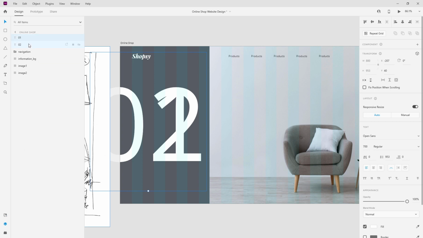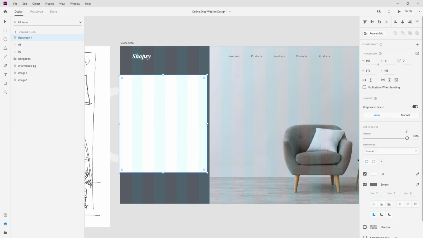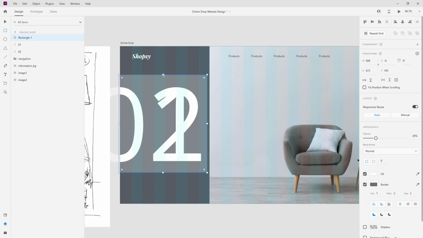Go back to my layers panel. I think that looks good, and what I'm going to do straight away is create a rectangle roughly around here. You can lower down the opacity if you want to, just so that you can be a bit more precise, but I don't think that matters too much in this case. I just wanted to go from edge to edge here, and I'm going to leave a bit of space right here. I'm going to call it text mask,